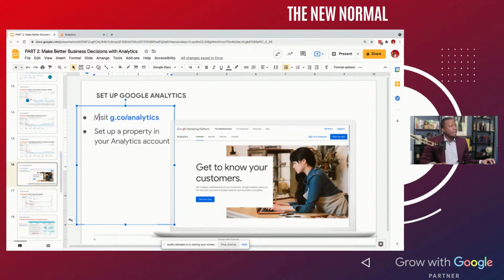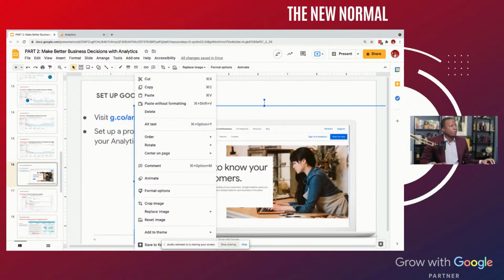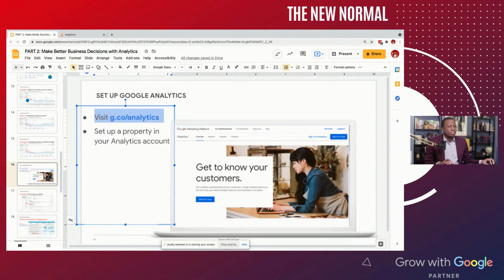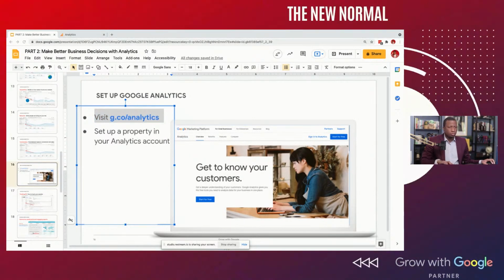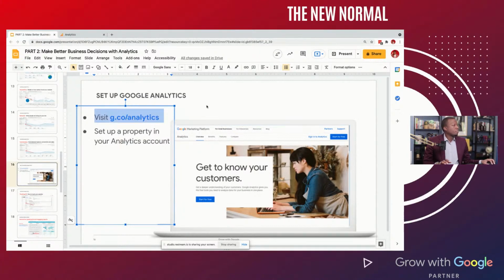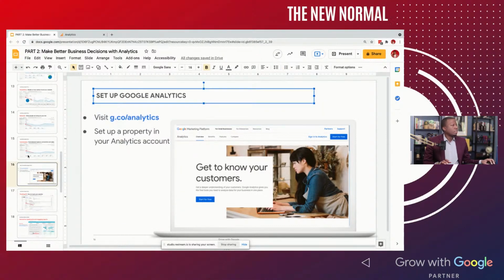They guide you through how to set up a website, how to get started. So that's the first thing you do.